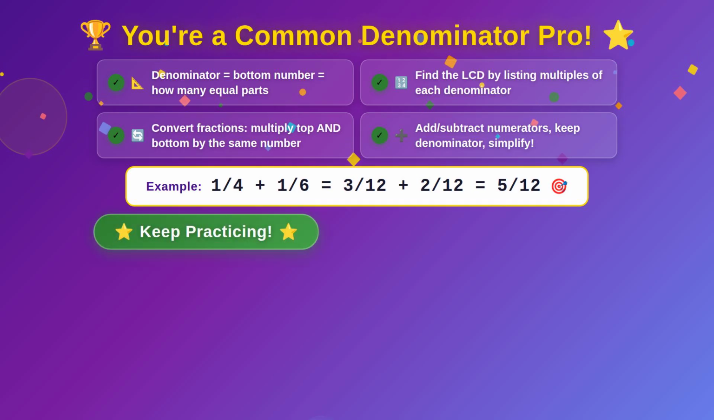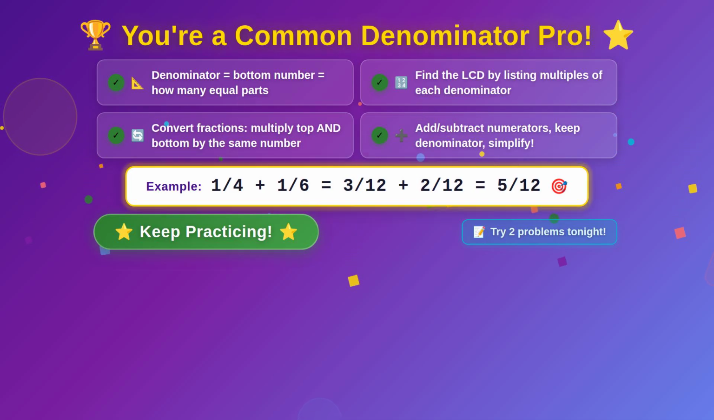The denominator is the bottom number that tells you how many equal parts. To add or subtract fractions with unlike denominators, find the least common denominator first by listing multiples. Then convert each fraction into an equivalent fraction with that new denominator. Multiply top and bottom by the same number. Add or subtract just the numerators. Keep the denominator and simplify if you can. You just unlocked one of the most important fraction skills in all of middle school math. Practice a few problems